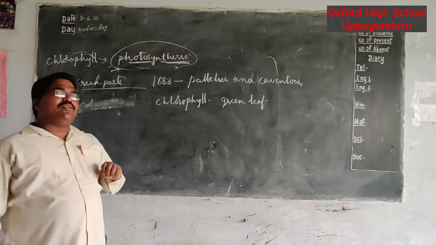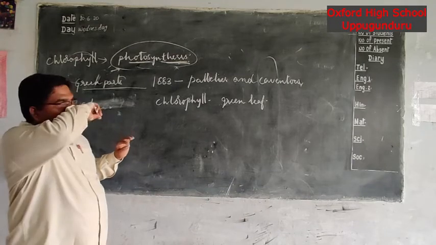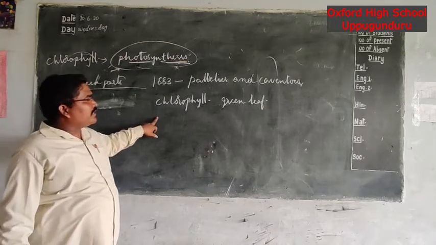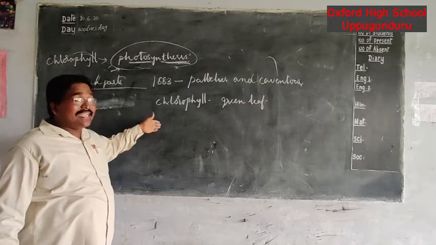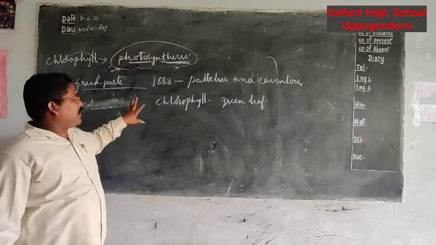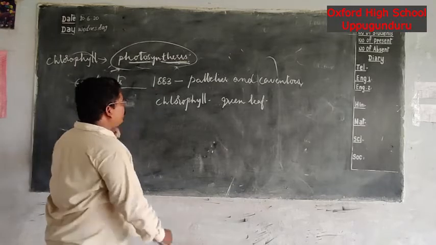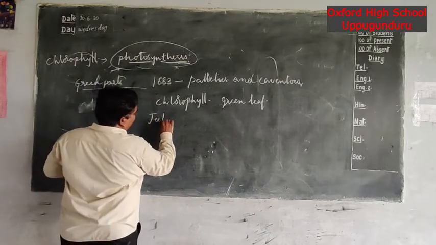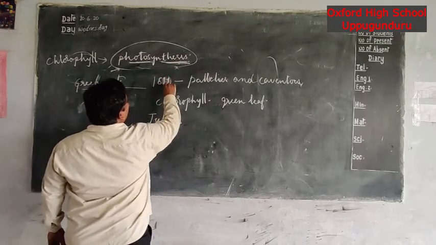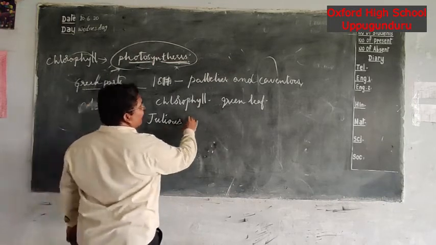So on those days, all the scientists believed that chlorophyll is present in the entire cell. Chlorophyll is present in the entire cell, but one of the scientists, Julius von Sachs, 1817, I think, not 1883, 1817. The scientists. So Julius von Sachs,